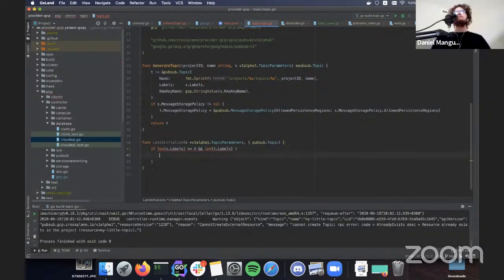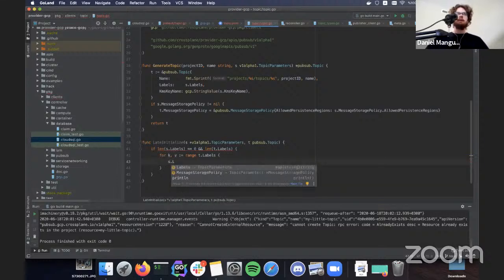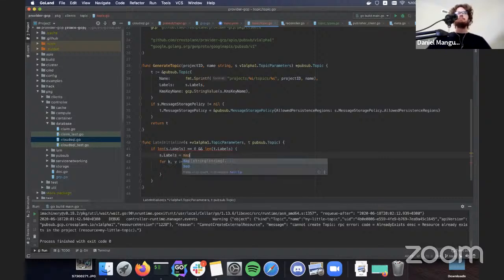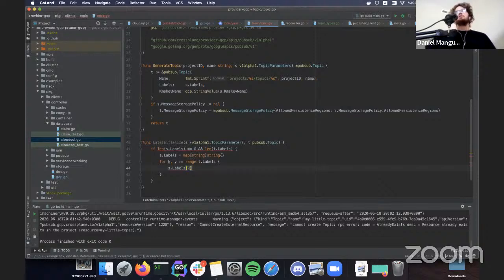Labels, or anything that's a map, is a little bit tough with late initialize, because it's hard to determine exactly what the user wants. Let's say there are no labels provided, and GCP, for instance, just arbitrarily always puts a PubSub topic label on everything.